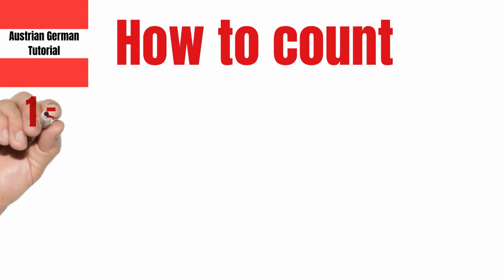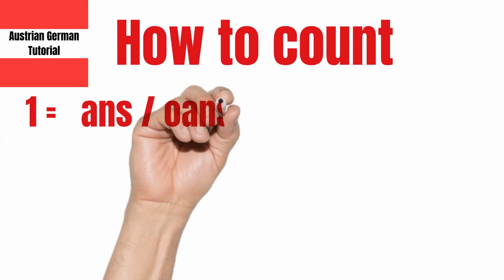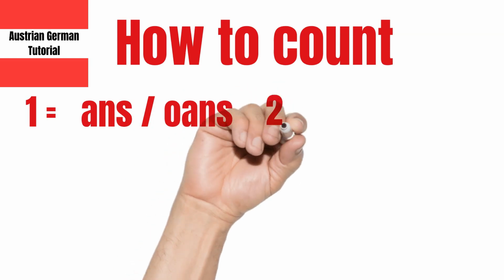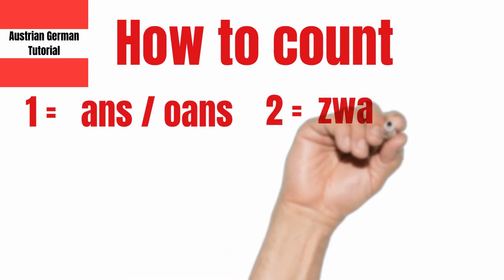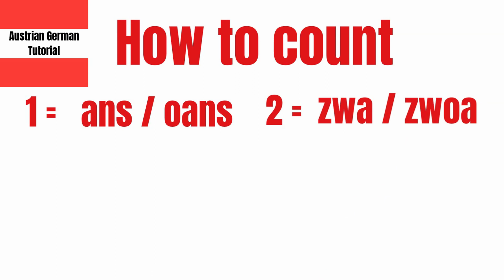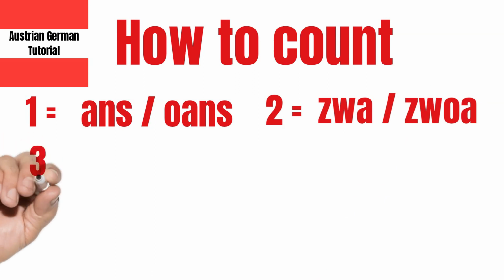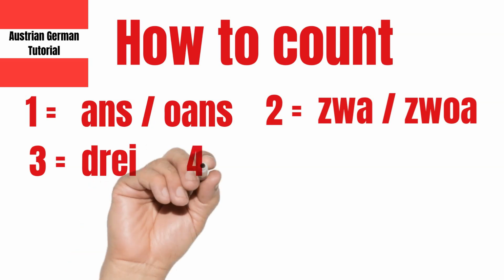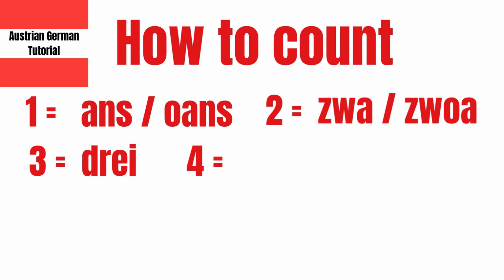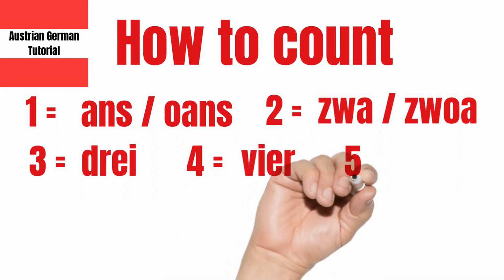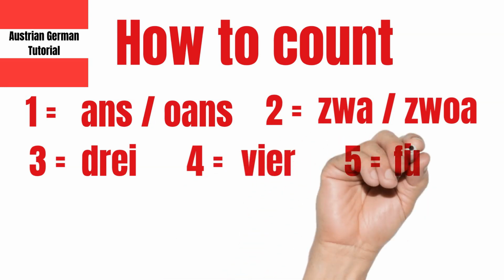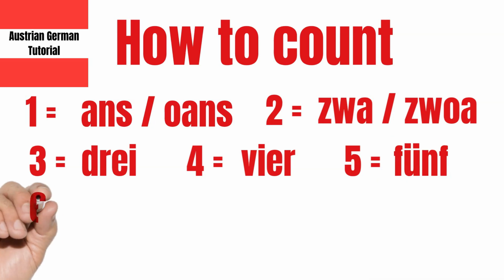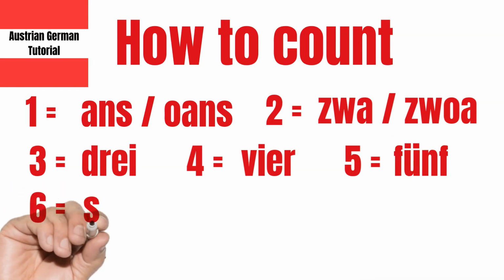1 is oans or oans, oans. 2 is zwei or zwei, zwei. 3 is drei, 4 is vier, 5 is fünf, 6 is sechs,